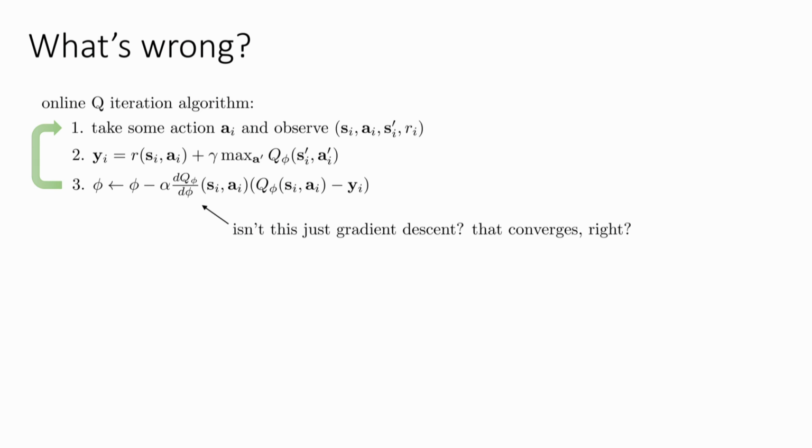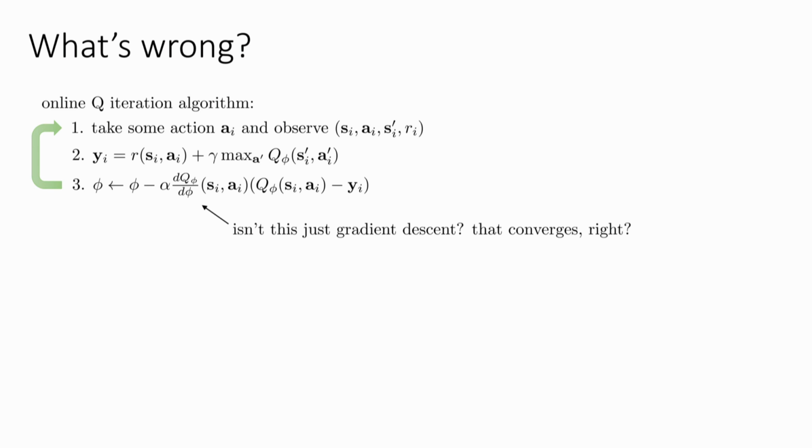This is a derivative. We take the derivative of some loss. It looks a lot like actually the squared loss. There should actually be a square there. So it seems like it's just gradient descent, right? You compute the derivative of some loss, take a step in the direction of that derivative, you should get better. Why is this not just gradient descent?